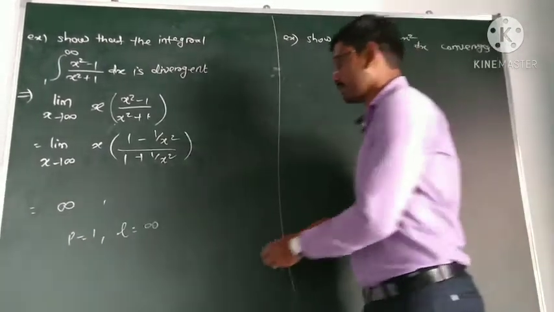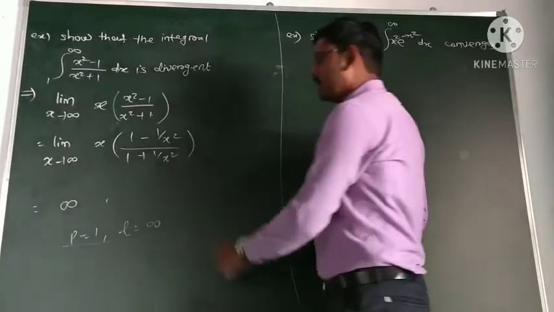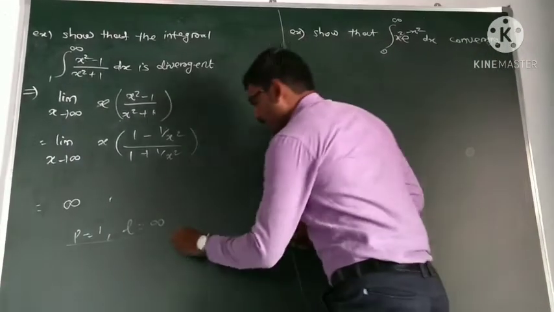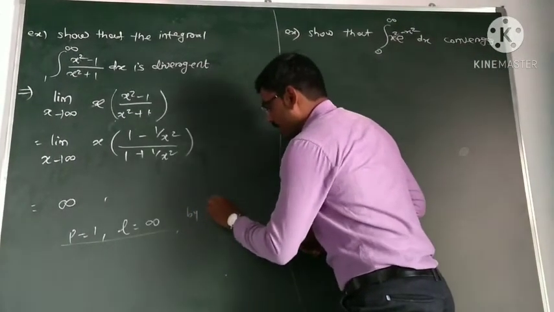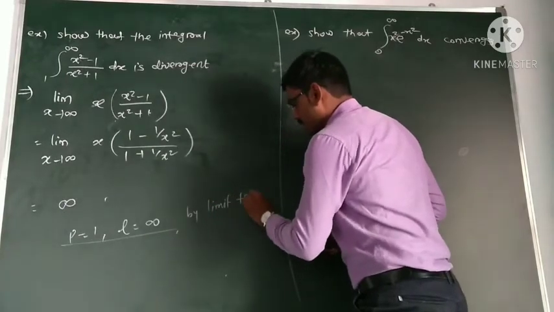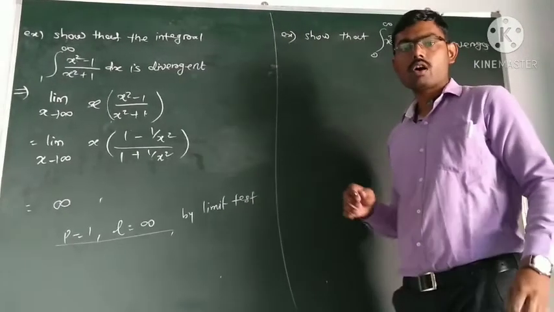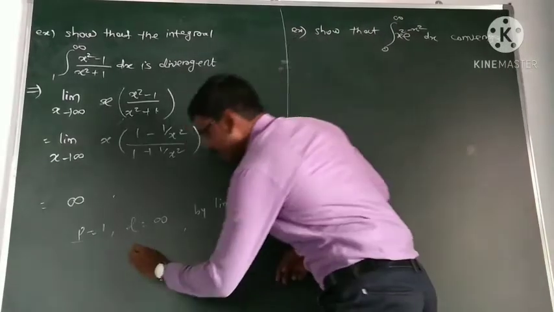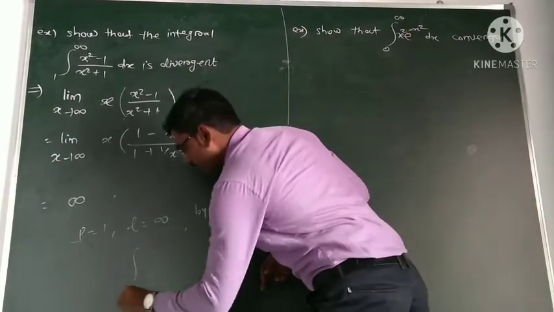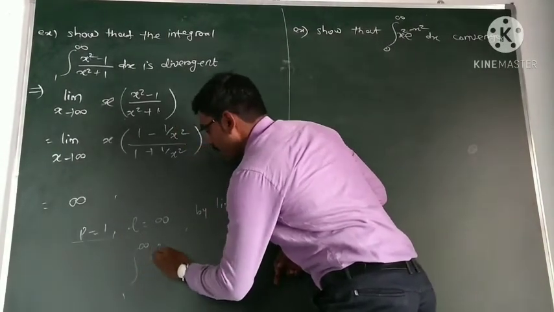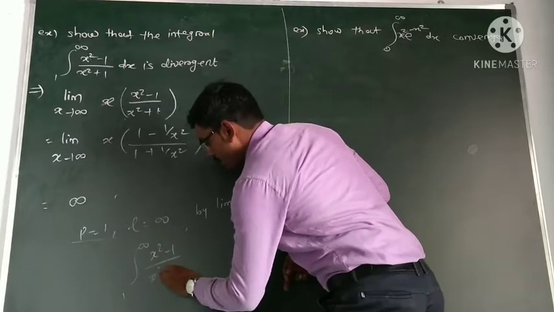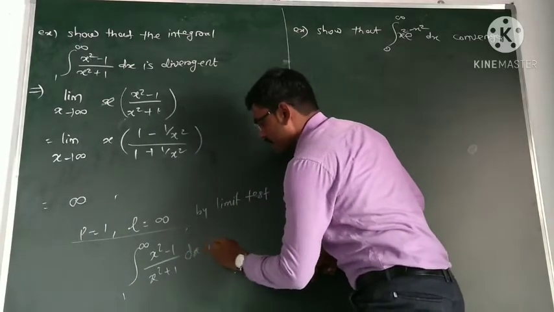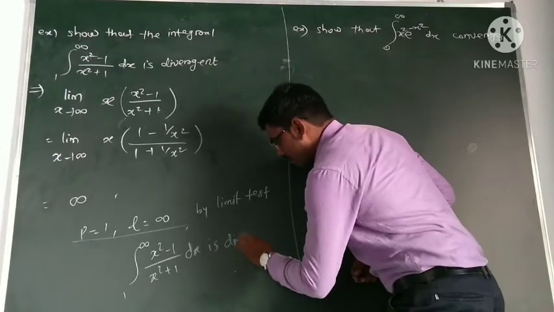So by the limit test of convergence, this improper integral from 1 to infinity of x square minus 1 upon x square plus 1 with respect to x is divergent